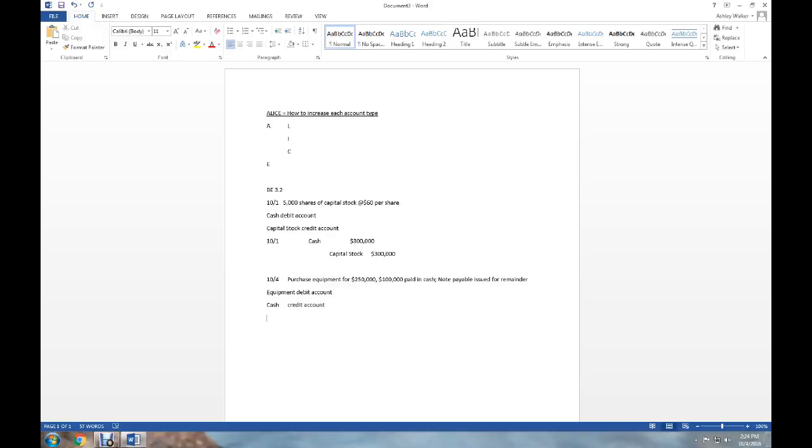And note payable for the remainder of the amount. Note payable is a liability. We're increasing a liability, so that also gets a credit entry. So that's our other credit account. This is going to be a compound journal entry that we've talked about before. Remember, we have to have at least one debit account because this is a double entry accounting system. We have to have at least one debit account, at least one credit account. We can have more accounts than that, but we have to have at least one of each. So on October 4th,